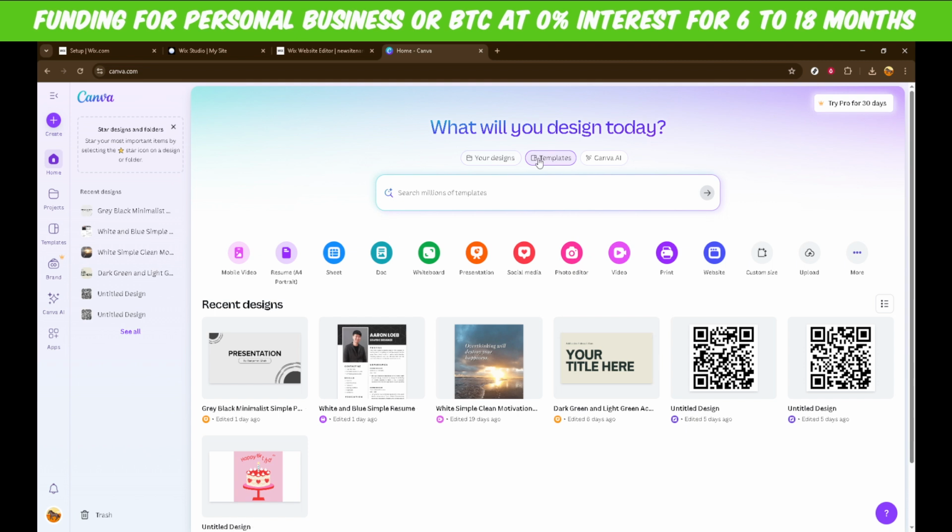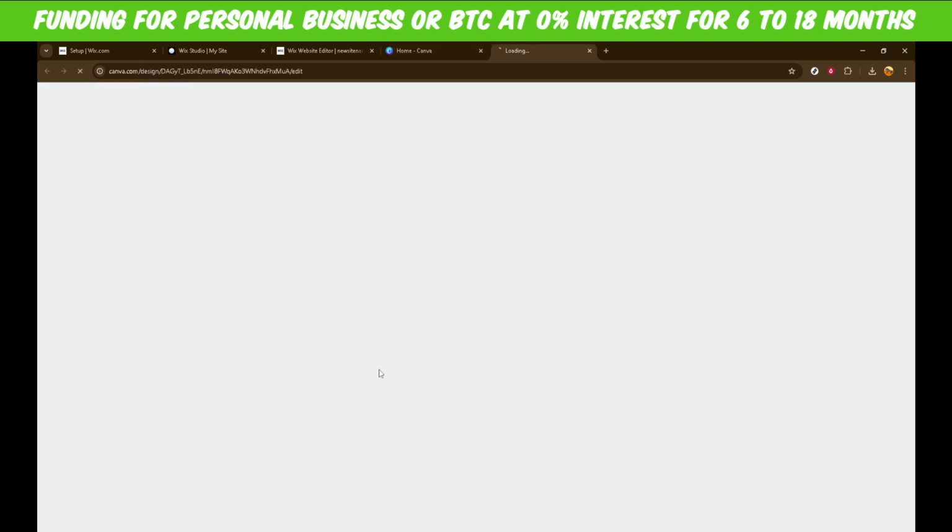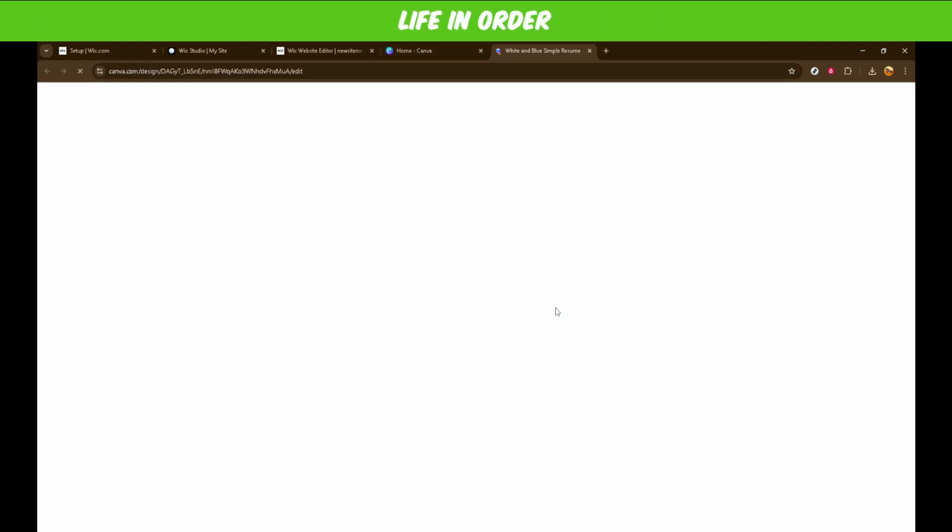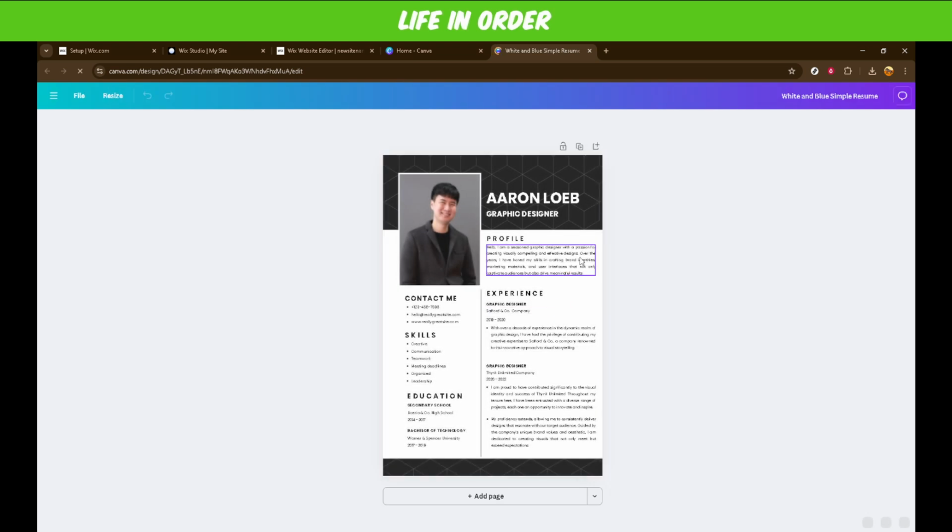Once you're on the Canva homepage, you'll see a plethora of design options. Take your time to browse through and choose a template or design that best suits your needs. Whether you're looking for something bold and colorful or sleek and minimalistic, Canva has got you covered. After selecting your desired template, you'll want